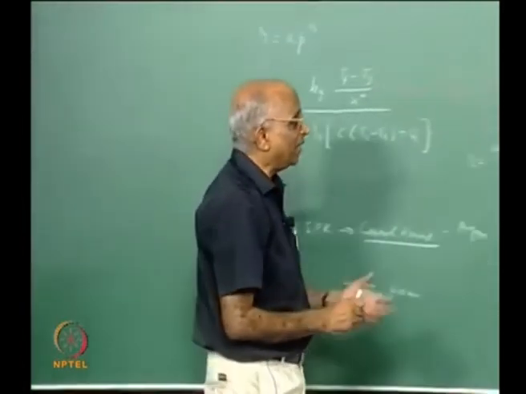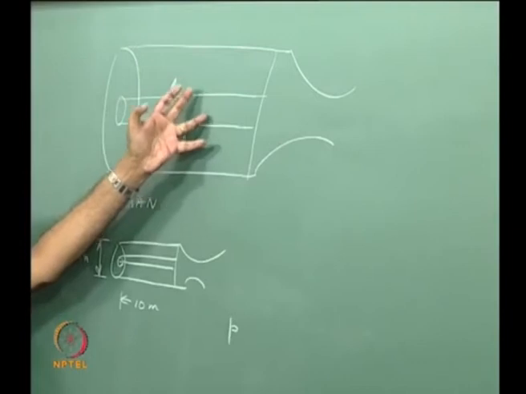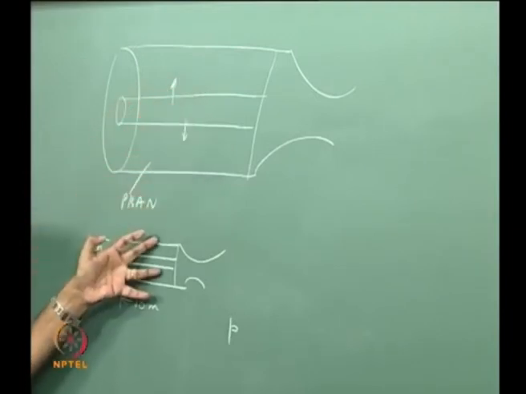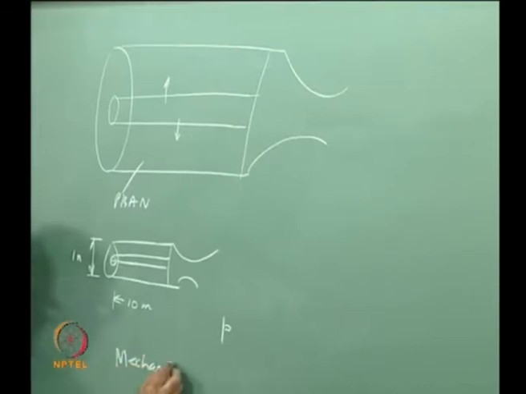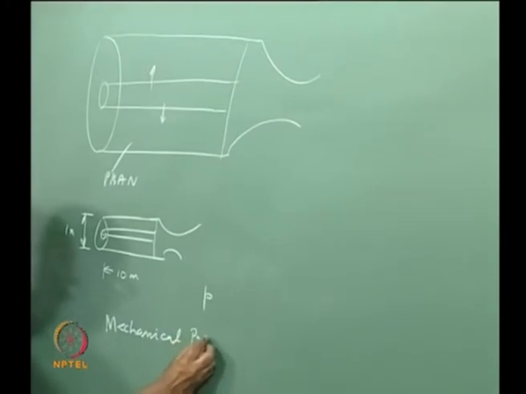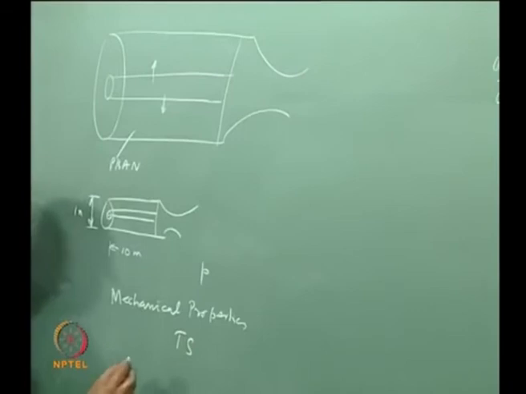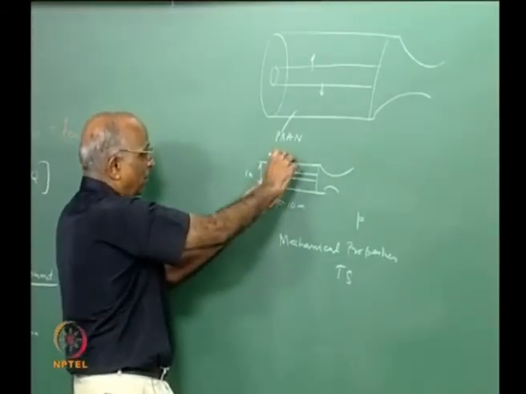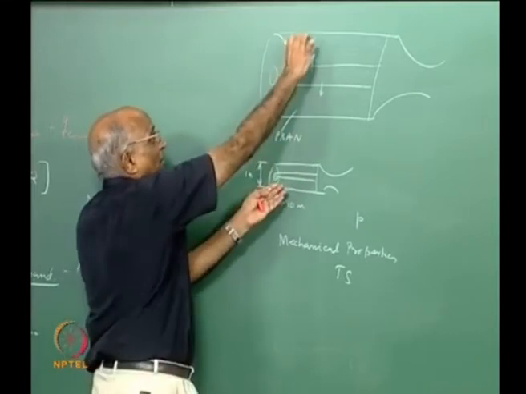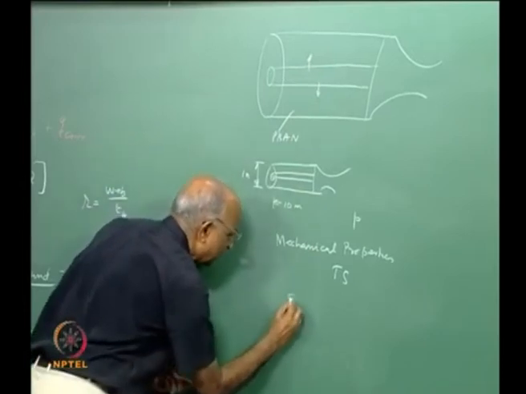Again I look at the radiation depends on the mean beam length, therefore I expect the burn rate in a larger motor to be different, but it is not necessarily true. There are other factors like mechanical properties of the propellant. Why do I say mechanical properties? Mechanical properties could be hardness, tensile strength, or the ductility of the propellant, and during burning I could have some deformation taking place. All those things are going to affect my thickness over here, and therefore the scaling of burning rate